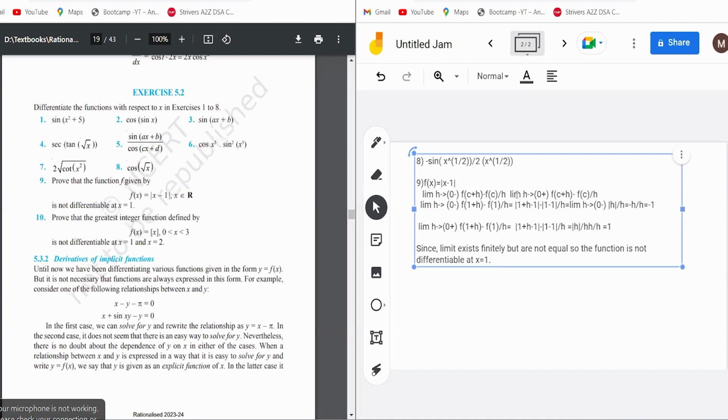So in this way, I've completed question number 9. So let's move to the last question, question number 10. So what's being said in question number 10? It is a bit lengthy question, so let's do it clearly. Prove that the greatest integer function defined by f of x equal to the greatest integer function of x, from 0 to 3, is not differentiable at x equal to 1 and